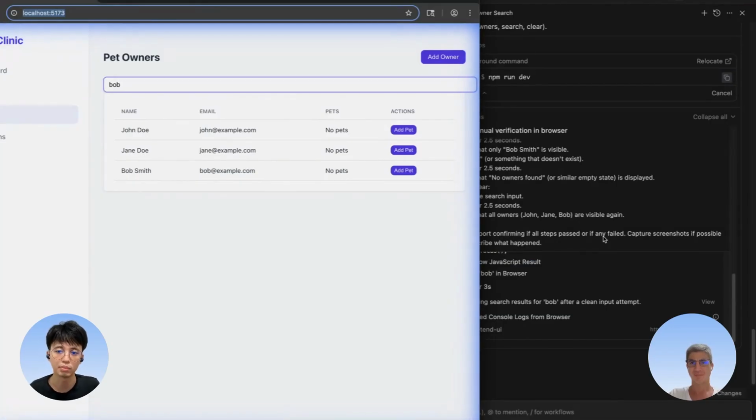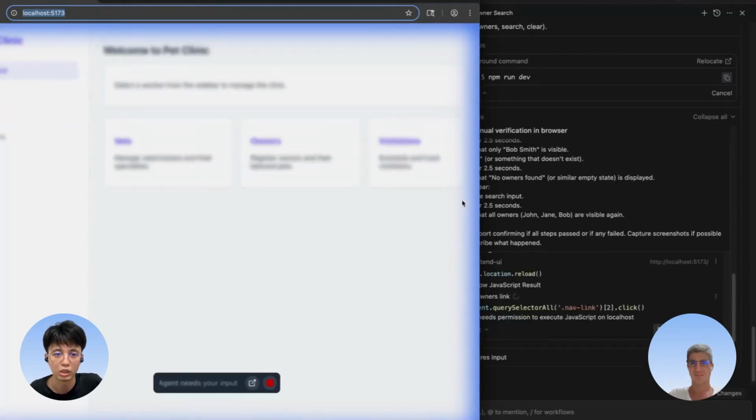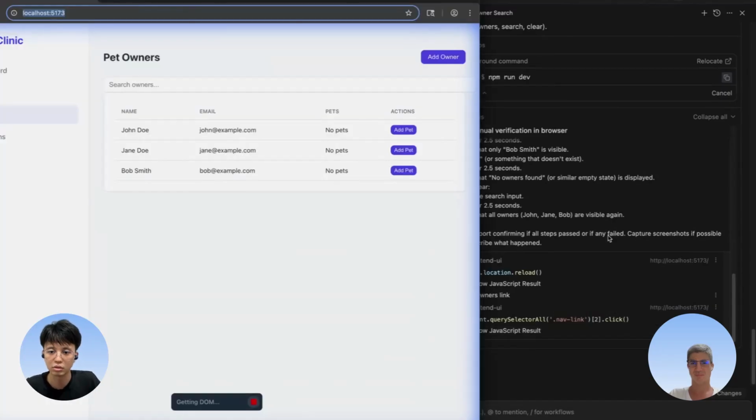So I think at this point it probably realizes that it's a code problem and it's still going to try to verify again. So it's refreshing itself, trying to browse the page again.